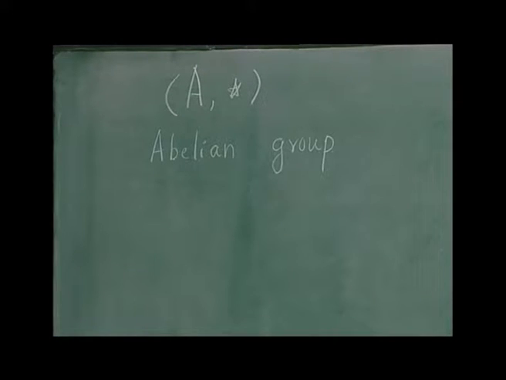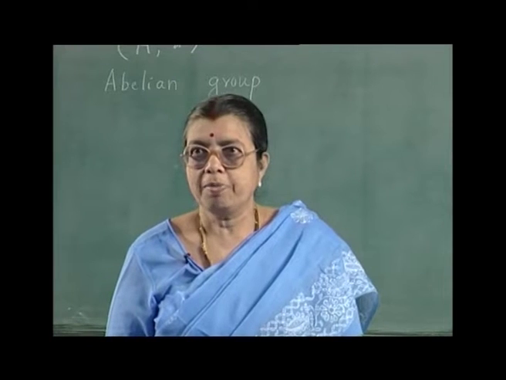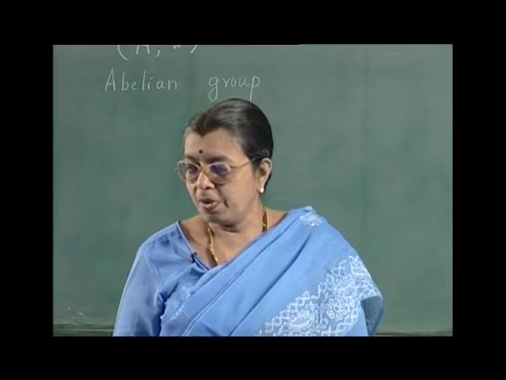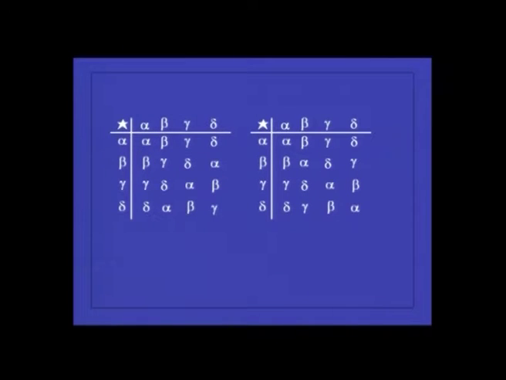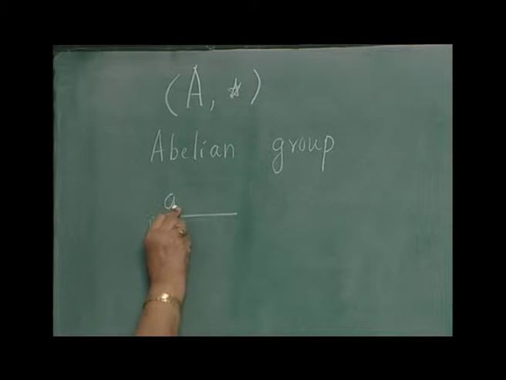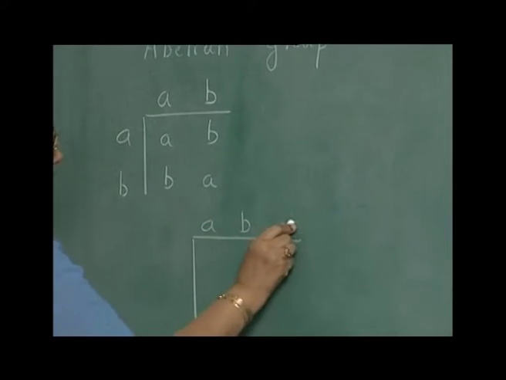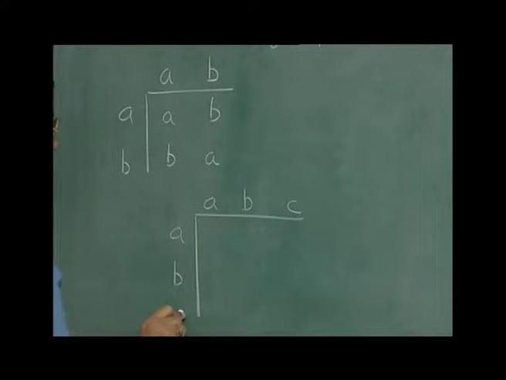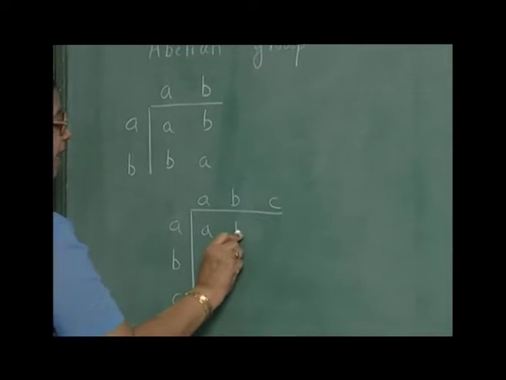We also saw that there can be only one non-isomorphic group of order 3 and of order 2, but when you consider order 4, there are two non-isomorphic groups and they are given by these two tables. You can see these tables. For order 2, the table will be like this: A, B, A, B. A is the identity element. For order 3, the table will be like this: A, B, C, A, B, C. A is the identity element.